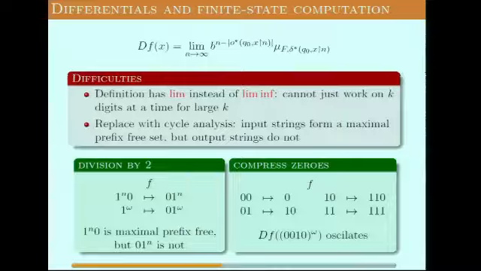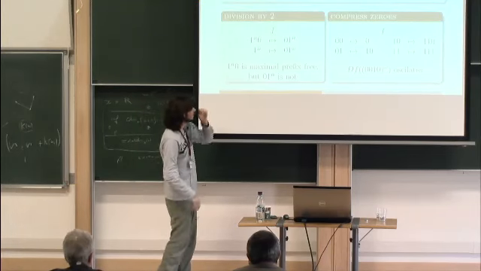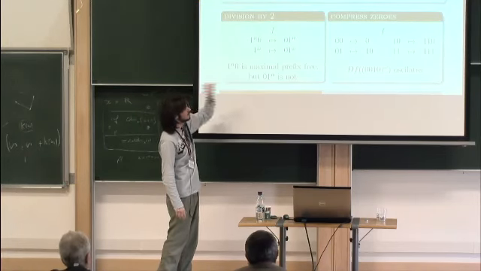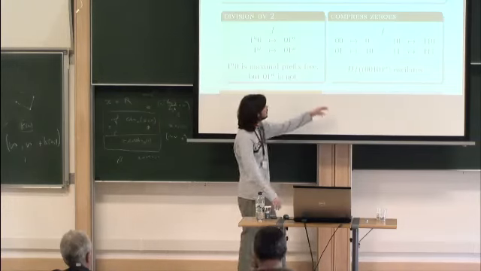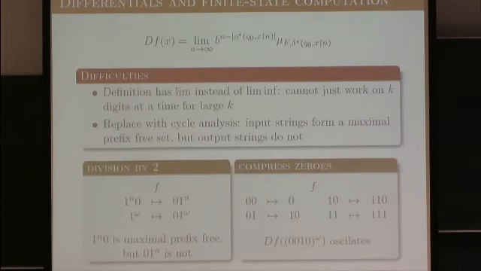The other one is that we can have these strange oscillations for really simple examples. For instance, with this example, if we have this input sequence, it will oscillate because at some points it will be in different states, and in each state it will have a different value. I won't go through the math, but it does oscillate. The good thing is that if we have a finite number of states, what we will be able to prove, and we prove it as an intermediate result, is that the oscillation is through a finite number of values.